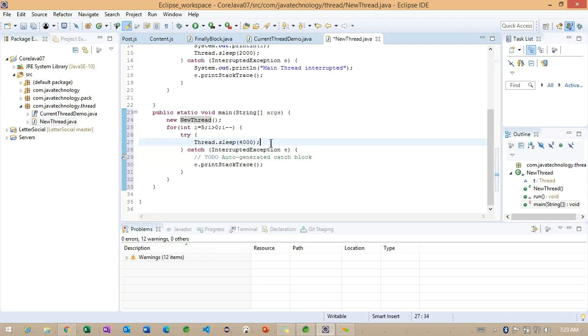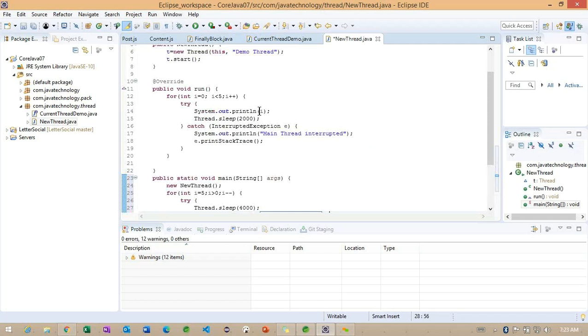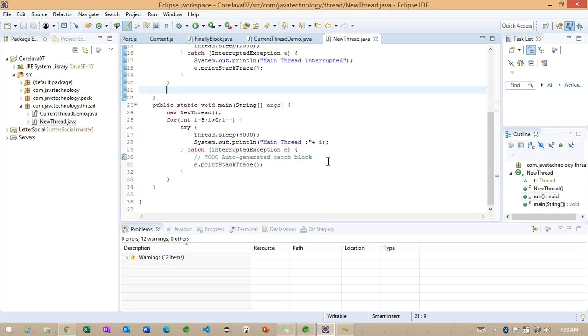And here I want to specify some message called main thread, some i values, and here child thread. So this is the child thread.